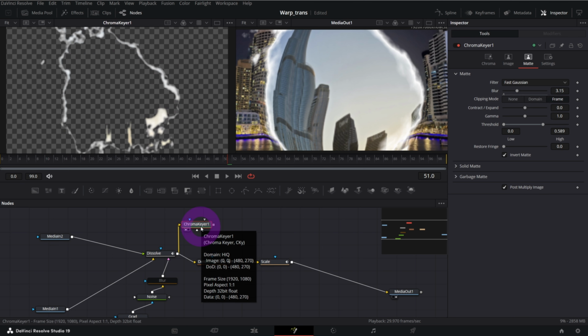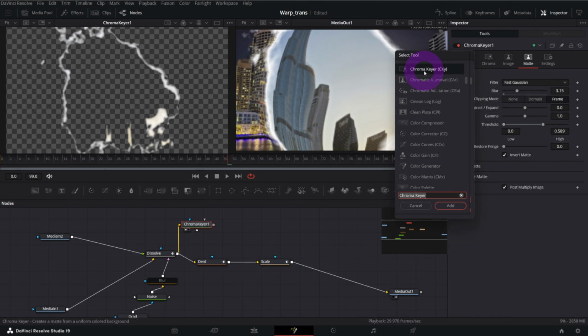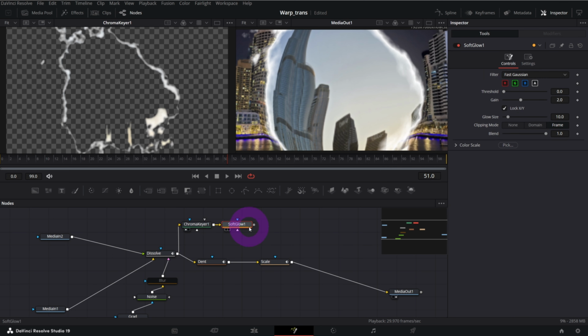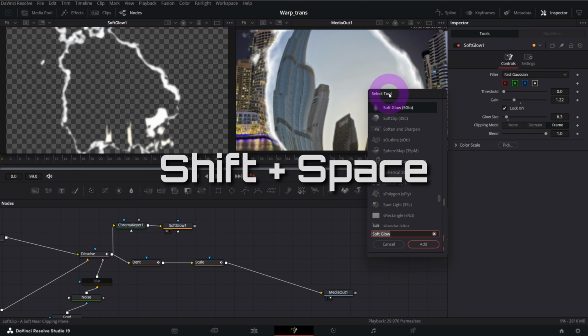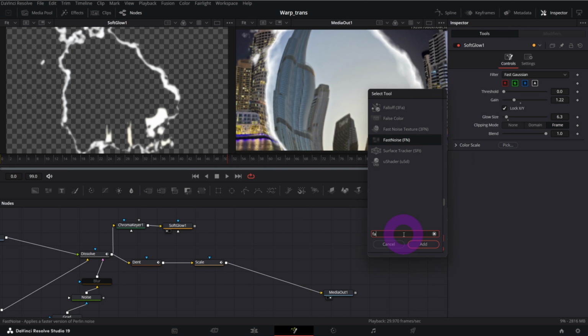Now with the Chroma Keyer selected, open selection tool again and search for soft glow. Let me preview the soft glow now. It looks quite nice. I will maybe slightly decrease the gain and the glow size. Okay. Now click again on the nodes panel somewhere, and from the selection tool, search for FastNoise,